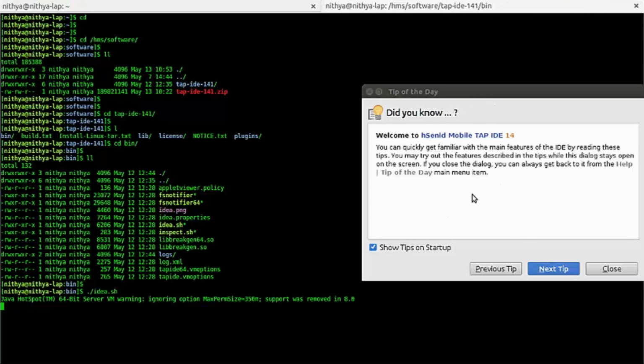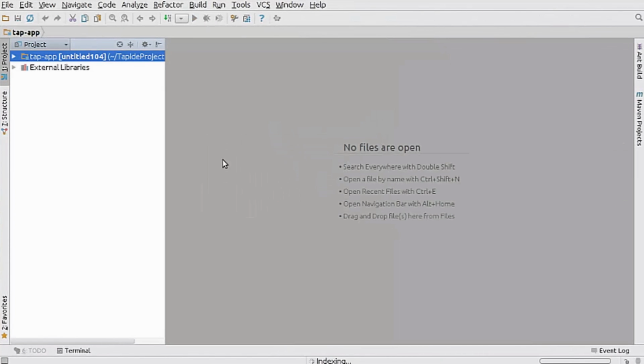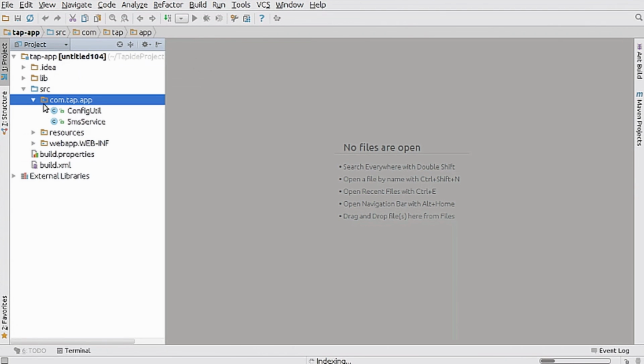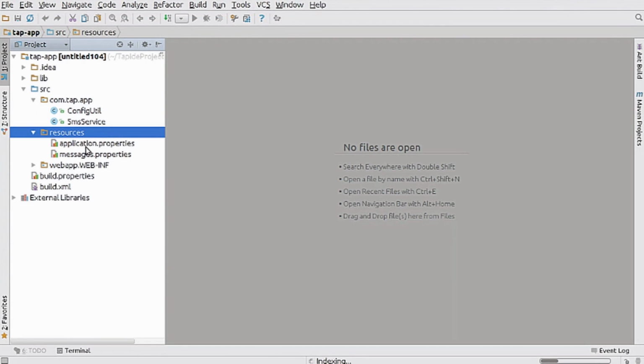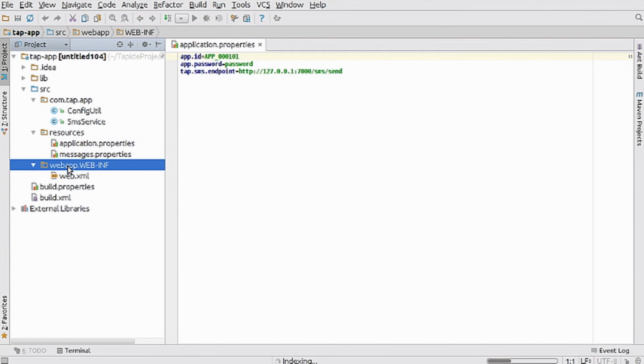Then it will present you with a tip. I'm just going to close it, and you can see the IDE is booted up. On your left side you can see the project explorer, and on your right side you can see the source code editor. Moving on to the project, your source codes are in the com.tap.app folder, and your resource files like application.properties and messages.properties are in the resource folder,